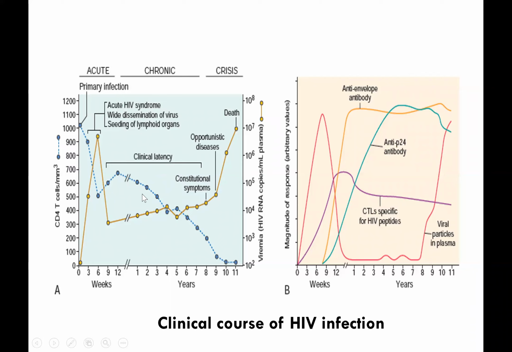During the early period after primary infection, there is dissemination of the virus. As I have mentioned, immune response is expected, and this often presents as an acute viremia or acute viral syndrome. Eventually, it goes into the chronic phase, otherwise known as the period of clinical latency. Take note that in here, the viral replication continues, and the CD4 T cell count continually decreases through the mechanisms which I have explained to you a while ago.